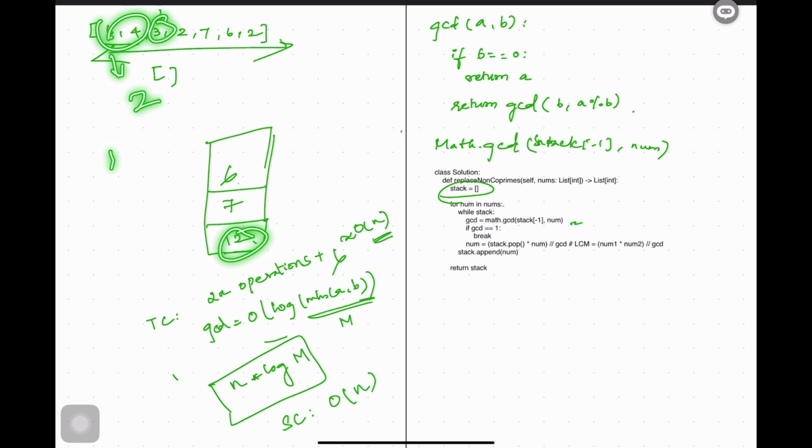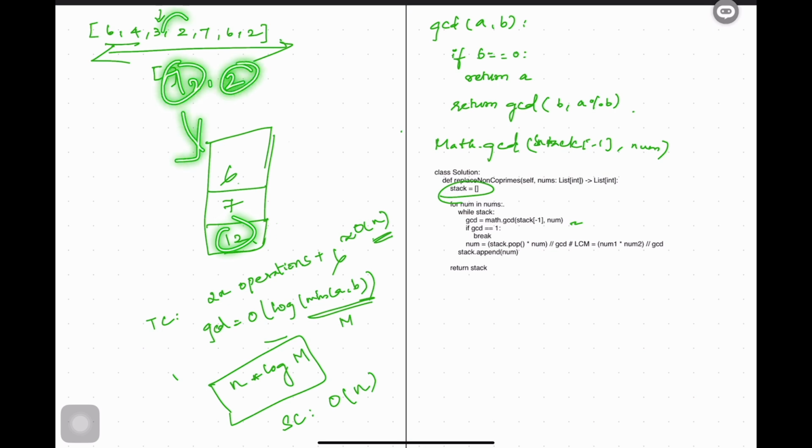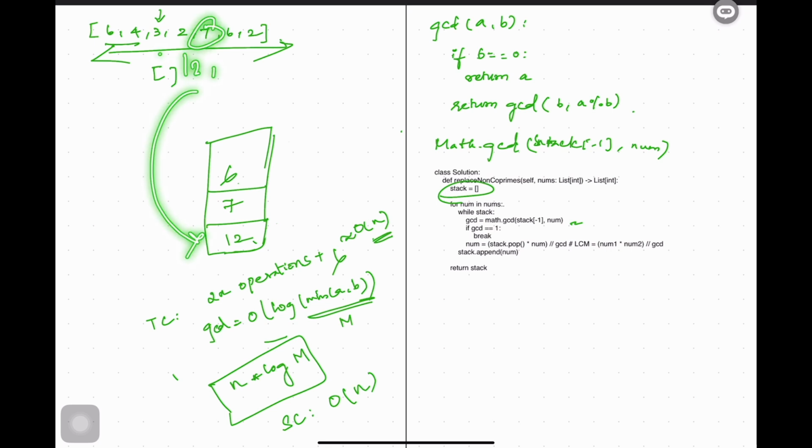When 3 comes, we popped 12 and 3 and pushed once, so the same, pushed 12. When 12 and 2 come, we popped 12 and pushed the LCM of 12 and 2. The same, when 7 comes, it was non-coprime, so we just inserted it. Then when 6 comes,